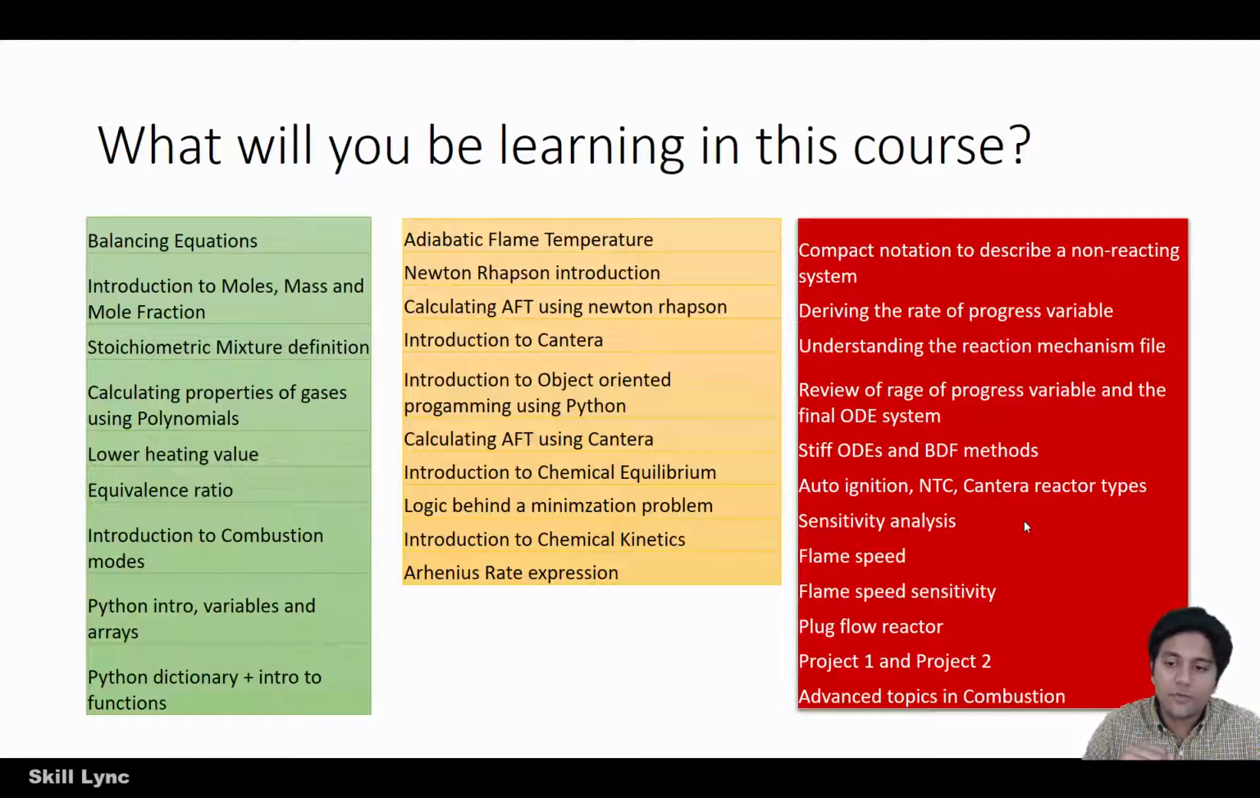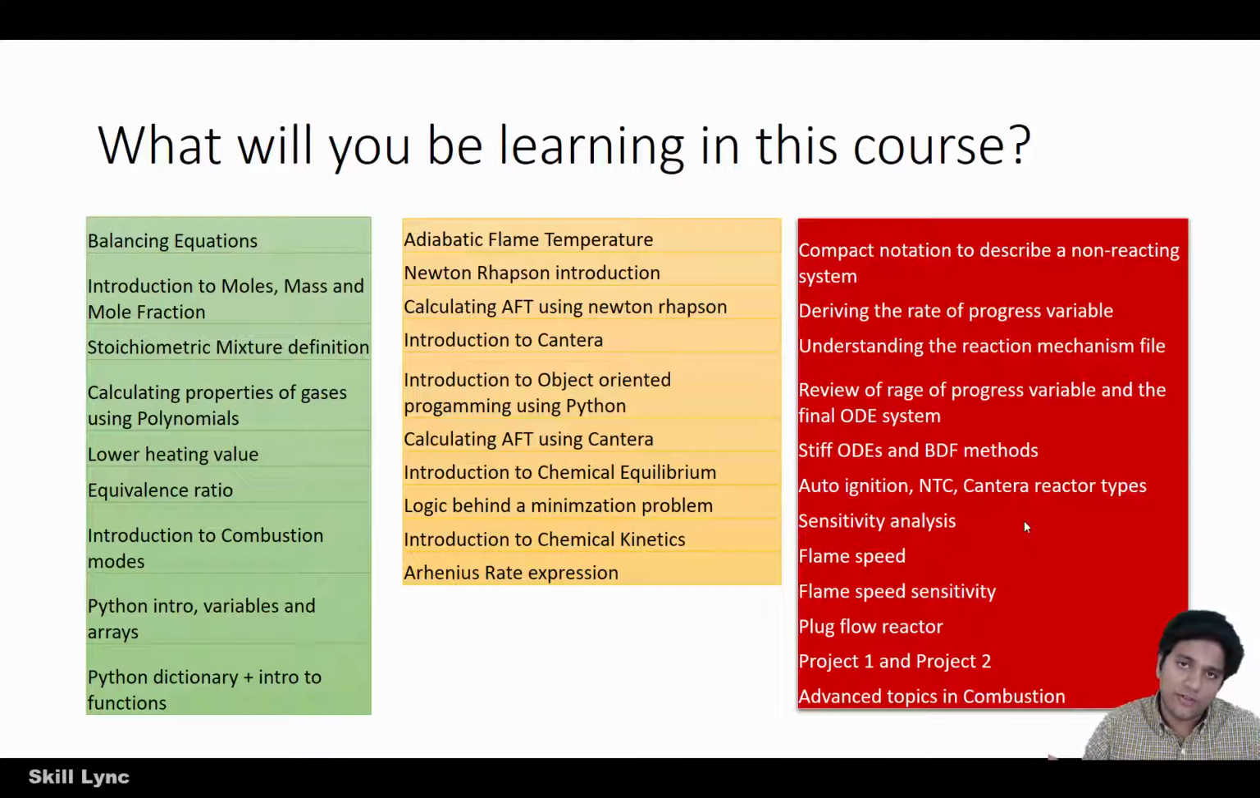So here's a list of topics that I will be teaching you throughout this course. I have color coded them in terms of difficulty. Topics that are colored in green are a bit easy to understand. Topics that are colored in yellow require a little bit of work on your side. You will be doing some assignments to make sure that you understand these topics correctly. And topics on the right hand side are advanced topics, basically the core of computational combustion. That will take a little bit of time for you to understand, and towards the end, you will be